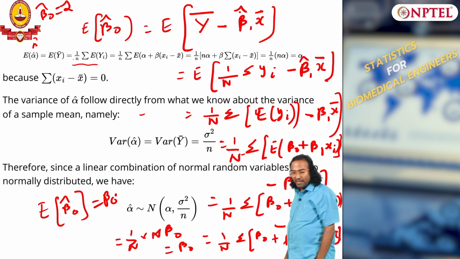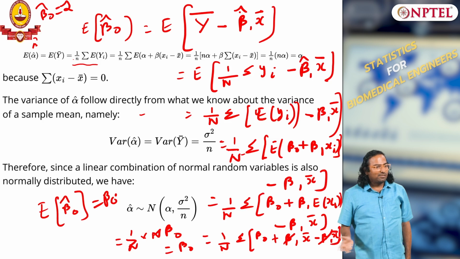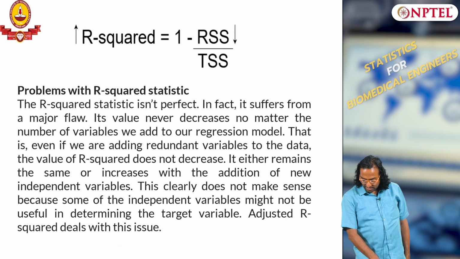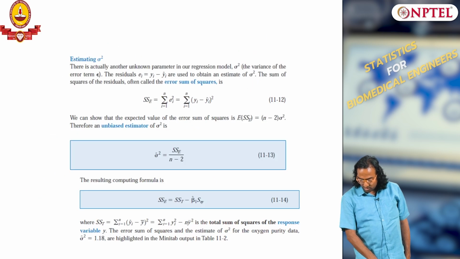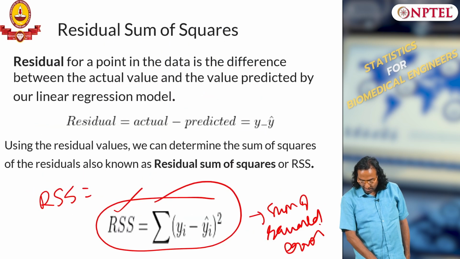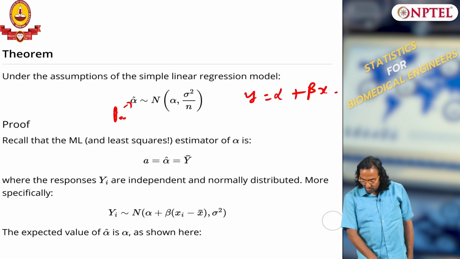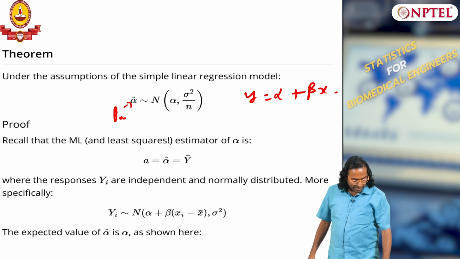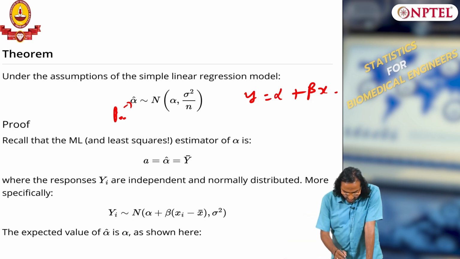And what should be the variance of beta naught hat? This is like an average, right, sigma squared over n. You can derive it, I have derived it here, I have derived this earlier also. So this is sigma squared over n. This is like a mean, so the variance of x bar we know is sigma squared over n.